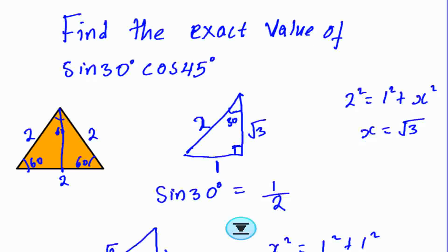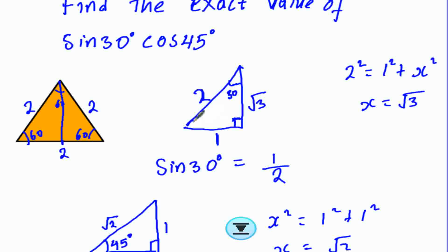So we don't have to draw it again. We just get to know that this one is 60 degrees, and since we're dealing with sine, it is opposite over hypotenuse. So our opposite is the square root of 3 and the hypotenuse is 2. So we shall be having